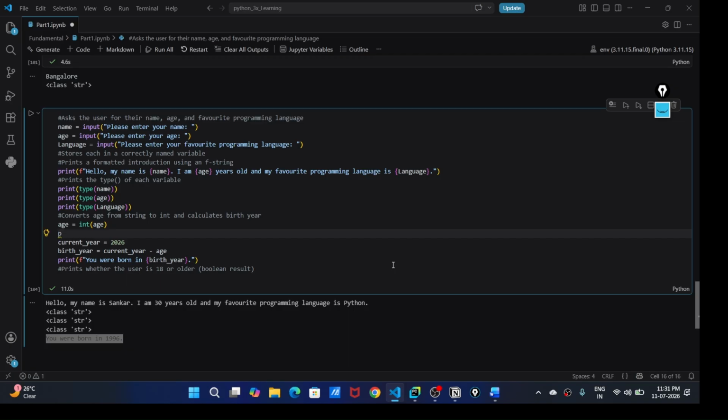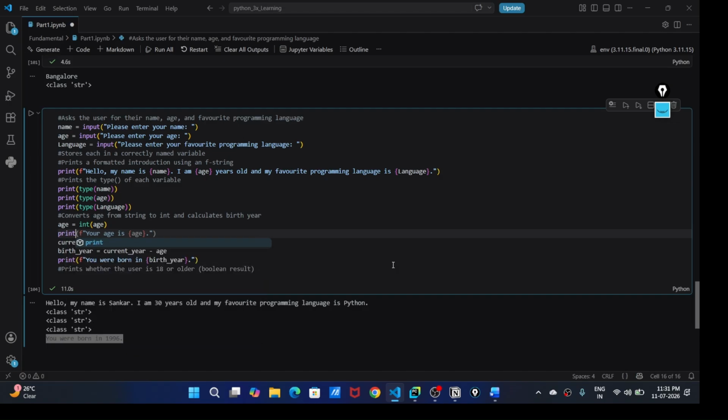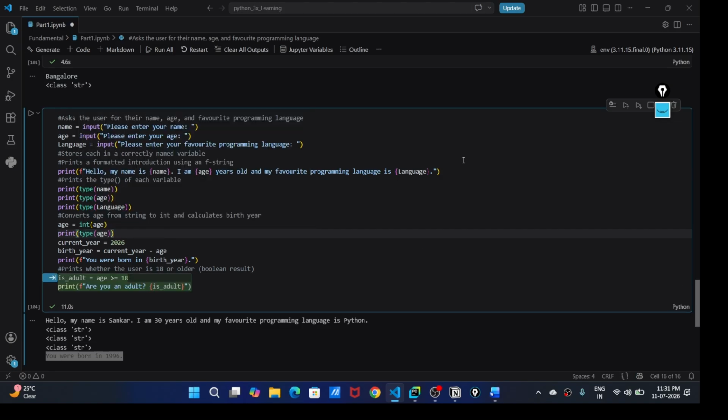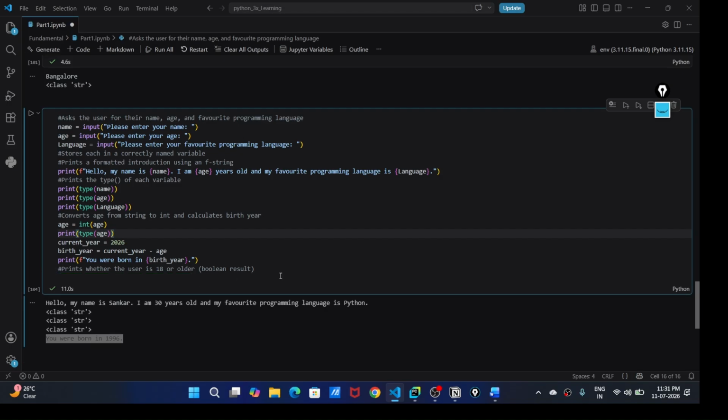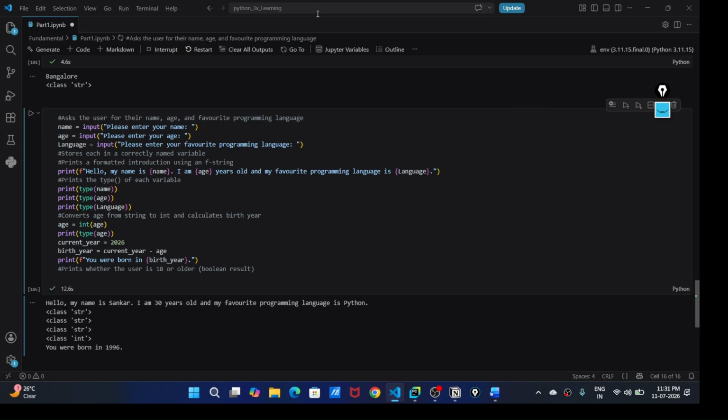After that, if you want to check, you can use the print function to see the type of age right now. Let's run once again: give your name, your age, and your favorite programming language, Python. So now it's been converted into an integer, right?